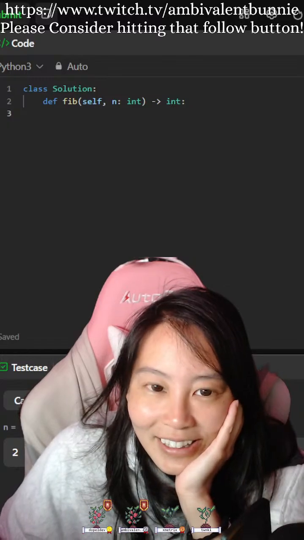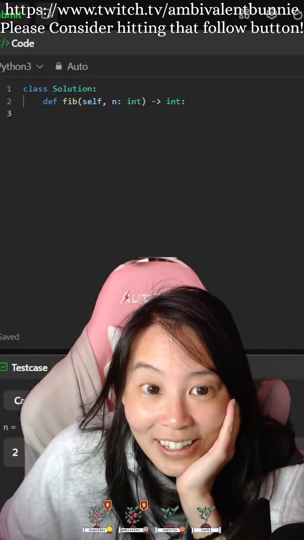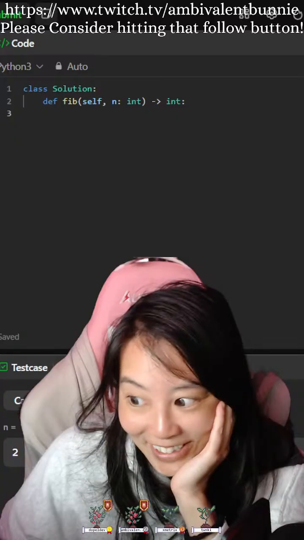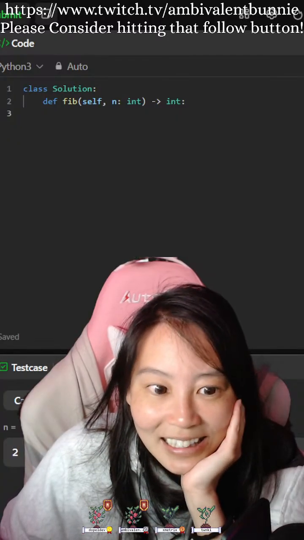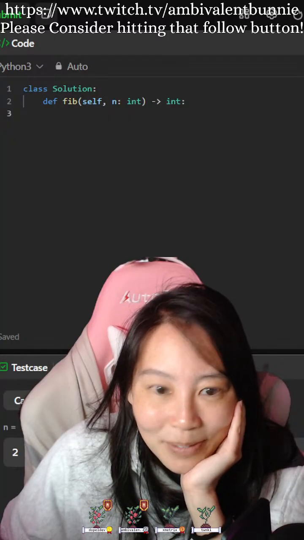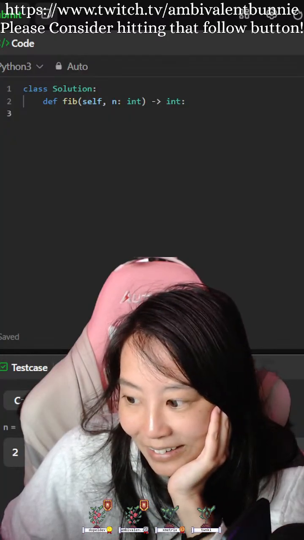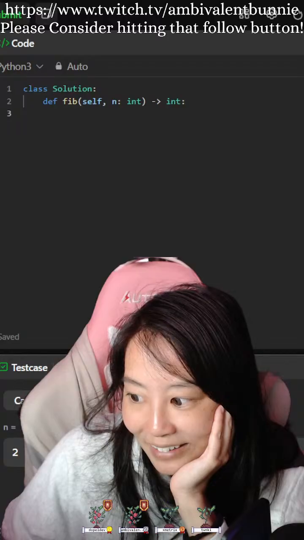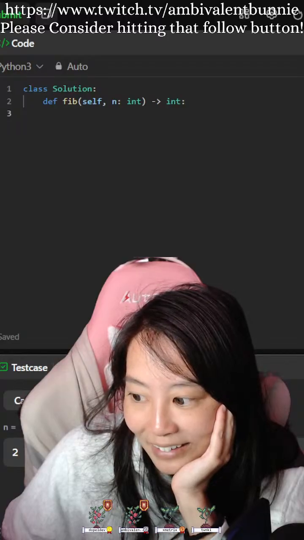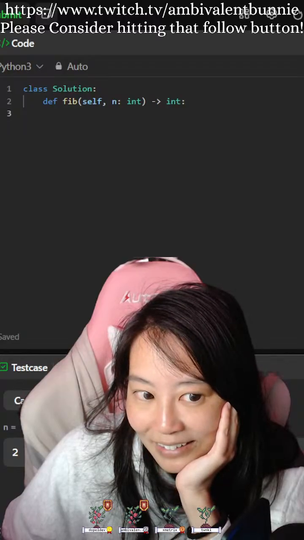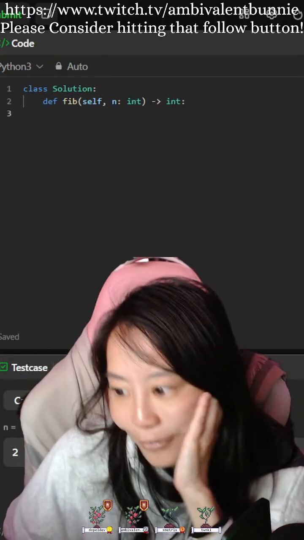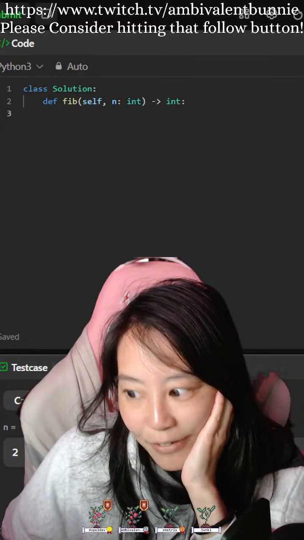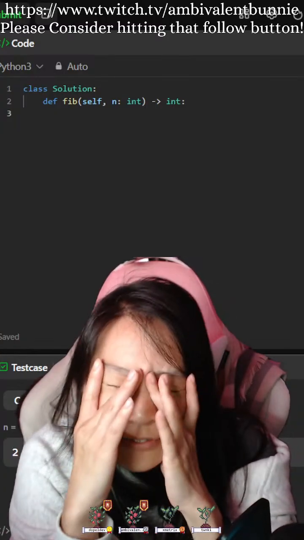Well, okay. The reason I'm not seeing it recursively... I think the f of 7, f of 6 thing is confusing me.